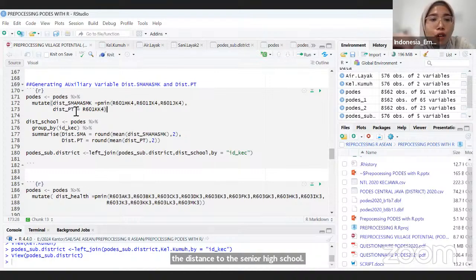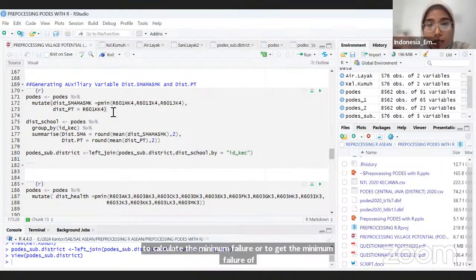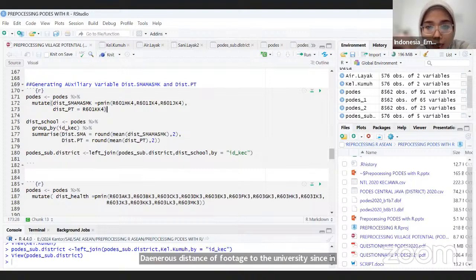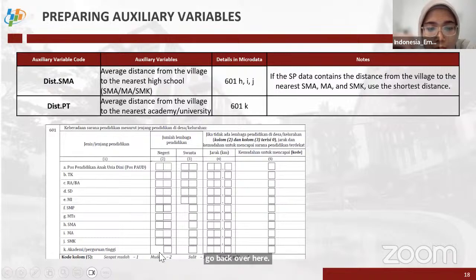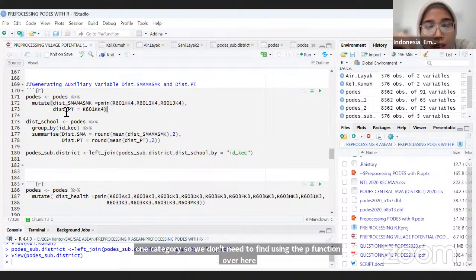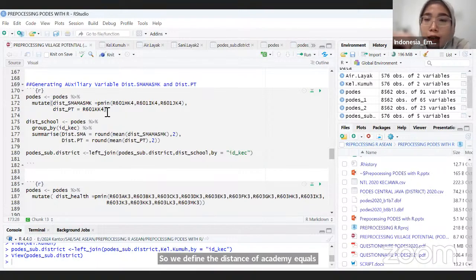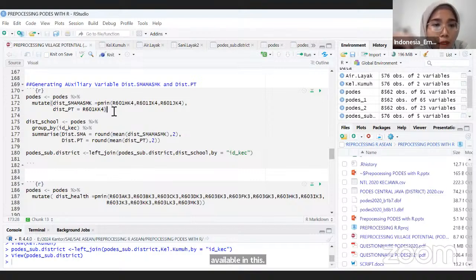Meanwhile, this line is to get the nearest distance of the village to the university. Since in the questionnaire we only have one line, go back over here, this one, academy or university is only presented in one category, so we don't need to use the pmin function over here. So we define the distance of academy as equal to the number available in this variable. So if you run this,